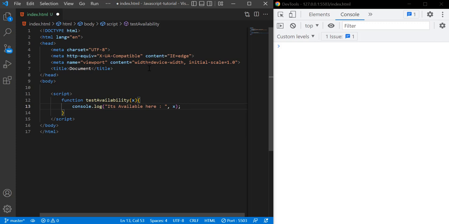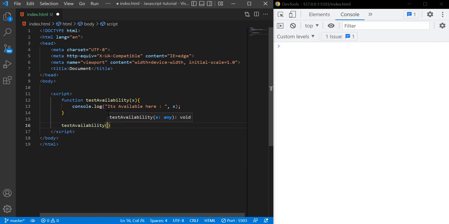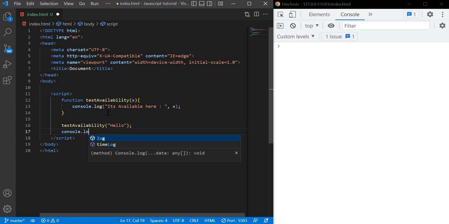The function parameters, which do not use let or var keywords, are also local variables. This might sound a bit vague, but the next code snippet will demonstrate what it means. So let's go ahead and call this function. We'll say test availability and pass a value as argument, and that will be hello. And then we would like to print